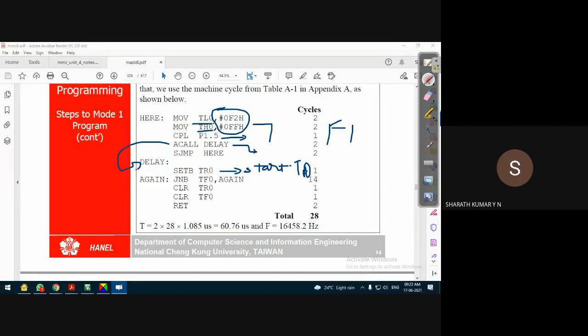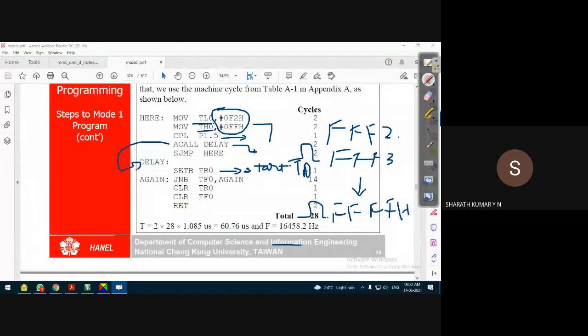It starts from FFF2H. On application of the first clock pulse, the count becomes FFF3H. Like this, the count increases. When the last clock pulse appears, it is FFFFH. And on the application of the next clock pulse, the timer is reset to 0000. This forces the overflow flag to be set to 1. TF0 is set to 1.